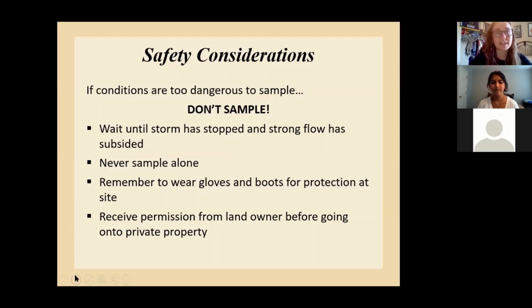And then if you can go with someone else, try never to sample alone. Use protective equipment. So if we were to alter this slide right now, we'd probably say wear a mask if you're going out with someone else. We do have some COVID safety considerations posted on our website if you're interested in checking those out. And then always, of course, check for permission if you're going on private land. And this is not a comprehensive list, but we just want you to feel comfortable and safe when you're out monitoring.